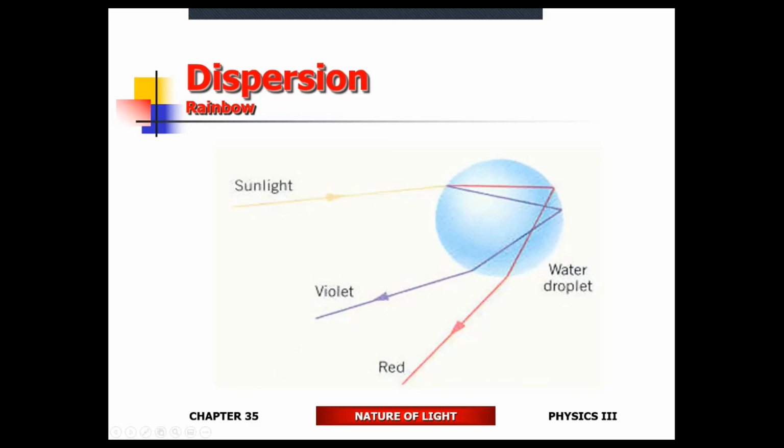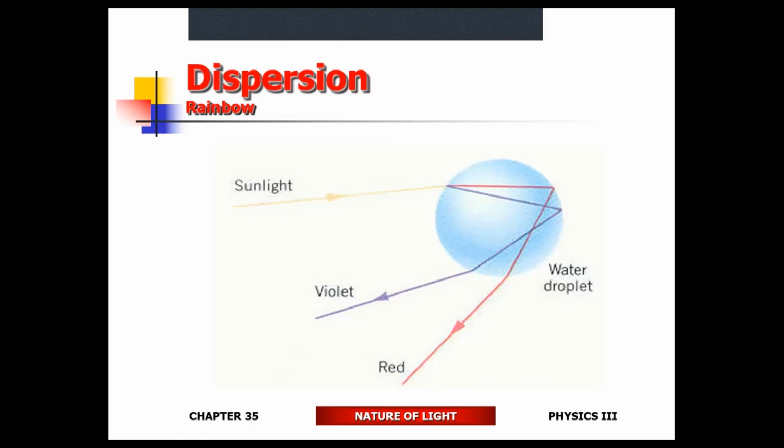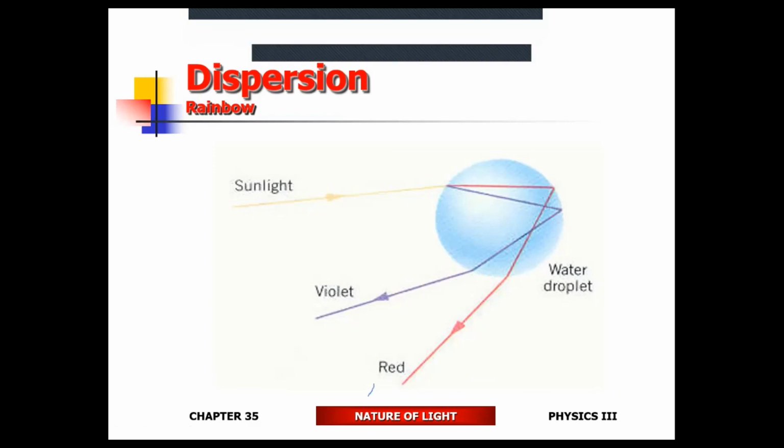If your eyeball is located right here, this is your eyeball, and you're looking at this water droplet. These are your eyelashes. Notice that your eyeball is going to intercept this light. You're looking up at this water droplet, you see a red here, and you end up missing the violet completely. So you won't be able to see the violet from this one. But if there's a water droplet here, the violet from this one is the one that your eyeball is going to catch, and the red one is the one that you're going to end up missing.